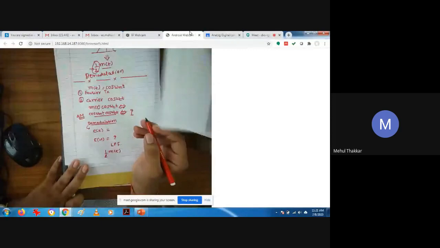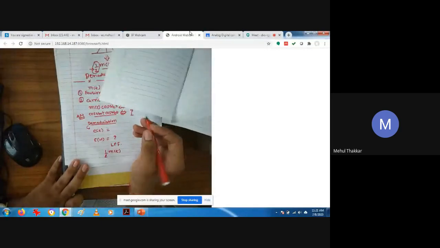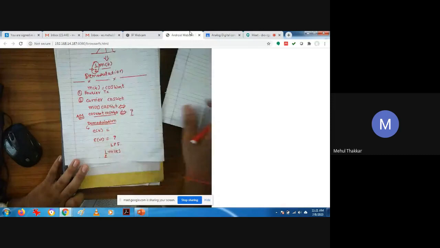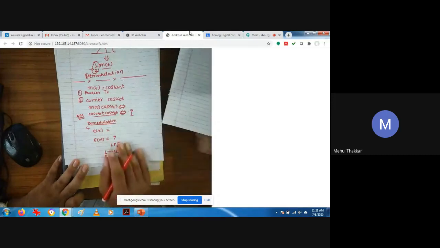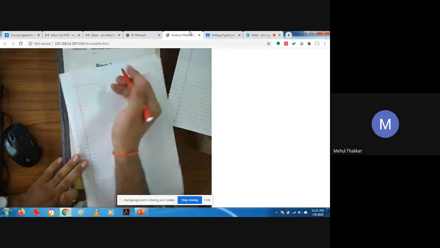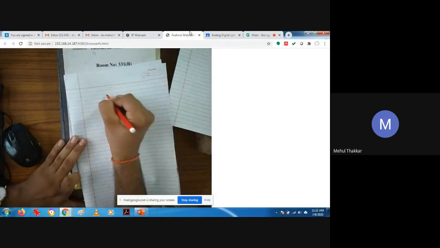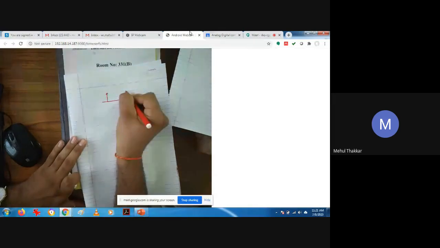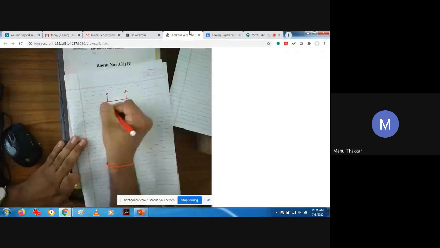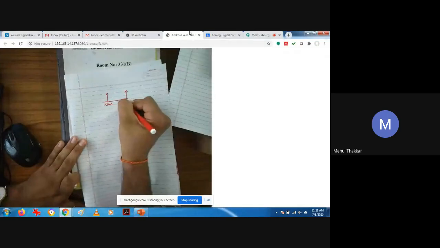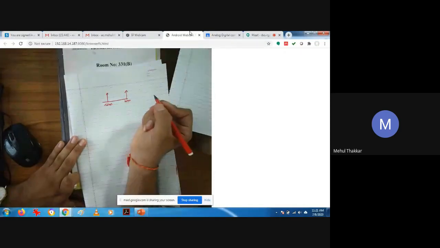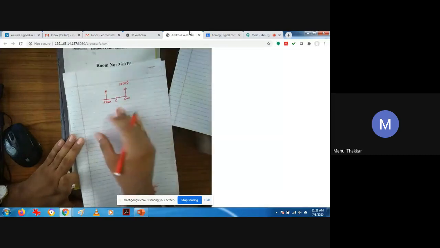So what will you observe? What is the Fourier transform of cos? If I draw the Fourier transform of cos, and my signal is at omega m, then I will have impulses at minus omega m and plus omega m. These are the two impulses I will get. This is my 0. This is the Fourier transform of m of t, which is cos omega mt.